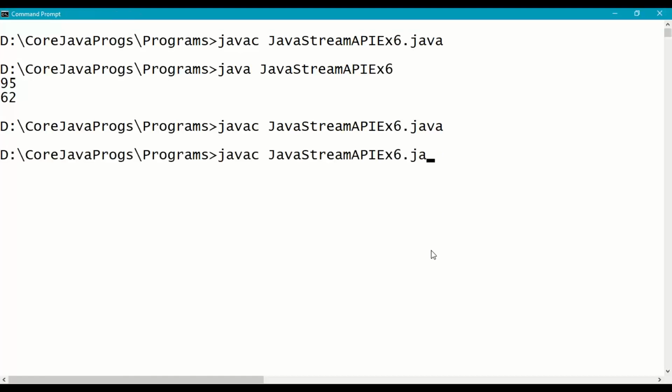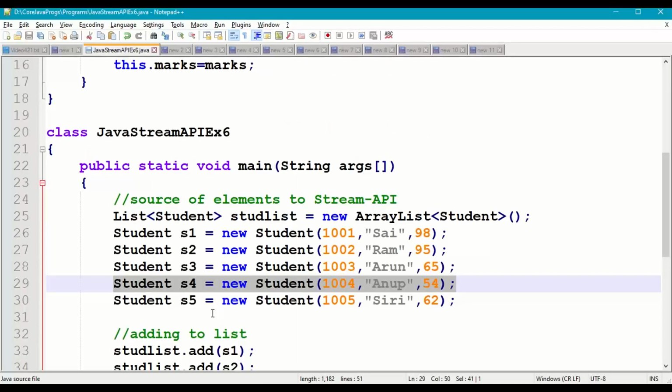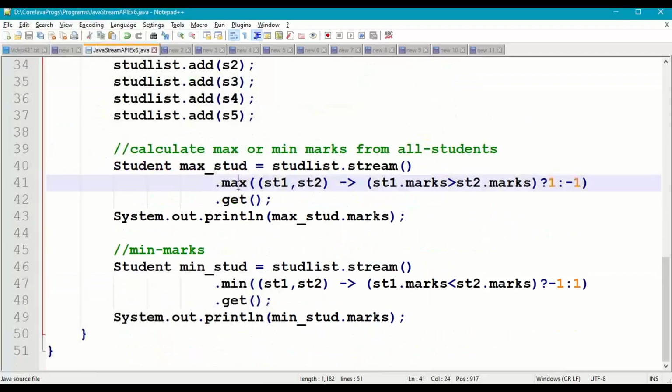And then run it. So 98 is the maximum marks, and the minimum marks is 54 of that particular student, which is evaluated through the max method and min method repeatedly on two objects sequentially, till we get the max object using the get method and the min object using the get method, which is available in the Optional class.